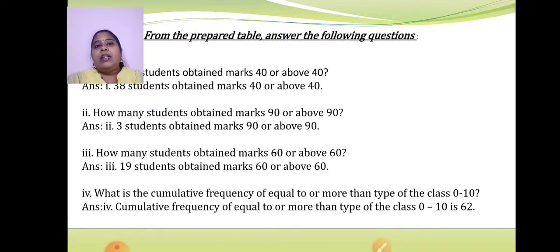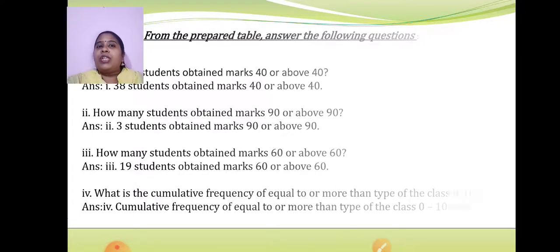This is a little lengthy. I am not able to show the table again, but since you have the table drawn in front of you, refer to the table and try to understand these questions that were asked. Okay. These questions are based on the concept that we have learned, right? Okay. With this, we come to the end of this question where we had to prepare the table CF more than type, and based on that, we have solved 4 questions.